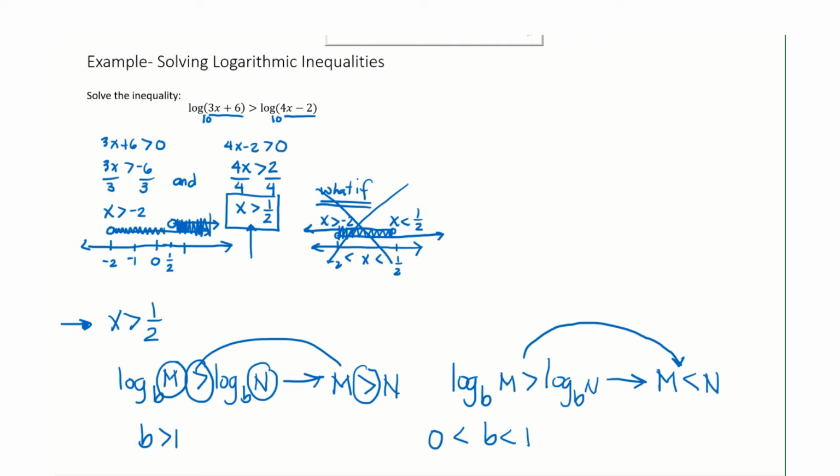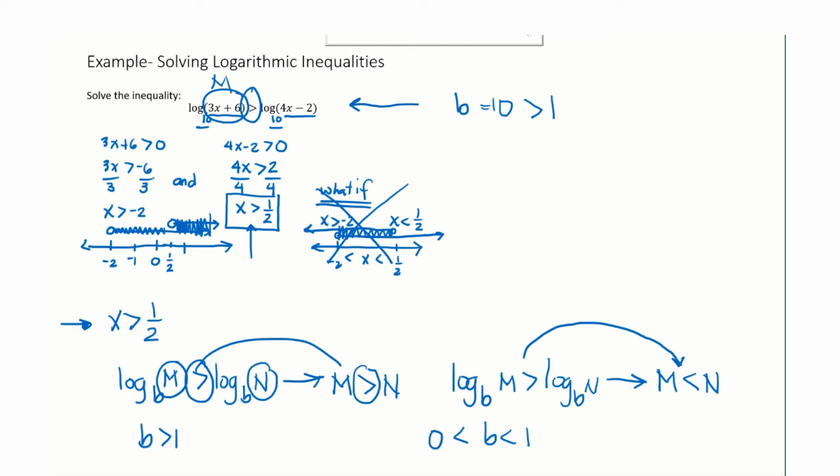So log base b of m greater than log base b of n, when the b is between 0 and 1, m, and then reverse inequality with the n. Okay, so this is the main idea. So in this case, we have log base 10 of 3x plus 6 greater than log base 10 of 4x minus 2. And since the base is 10, you have to refer to the base. The base is equal to 10, which is clearly greater than 1. So we have to preserve the inequality